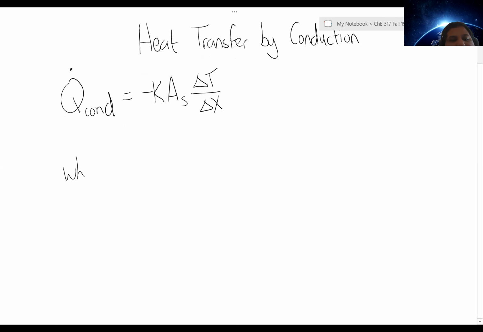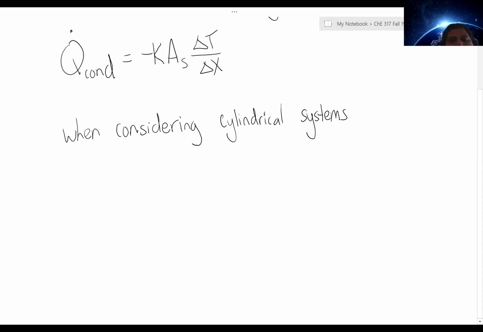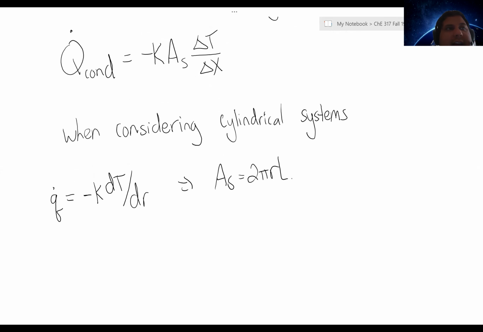When considering cylindrical systems, we find that our heat flux is going to be proportional to the thermal conductivity times our temperature gradient, but instead of in the dT/dx direction, we're looking at the radial direction, where for that given system the surface area is primarily described by 2 pi RL or pi dL,